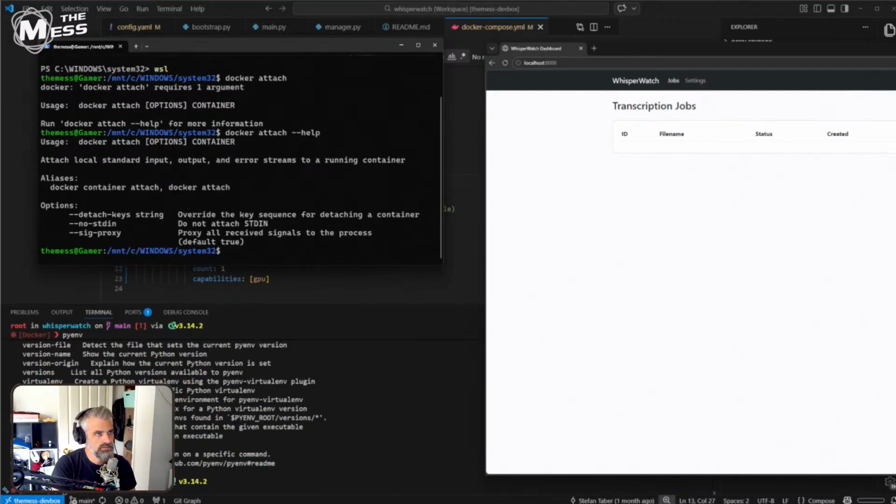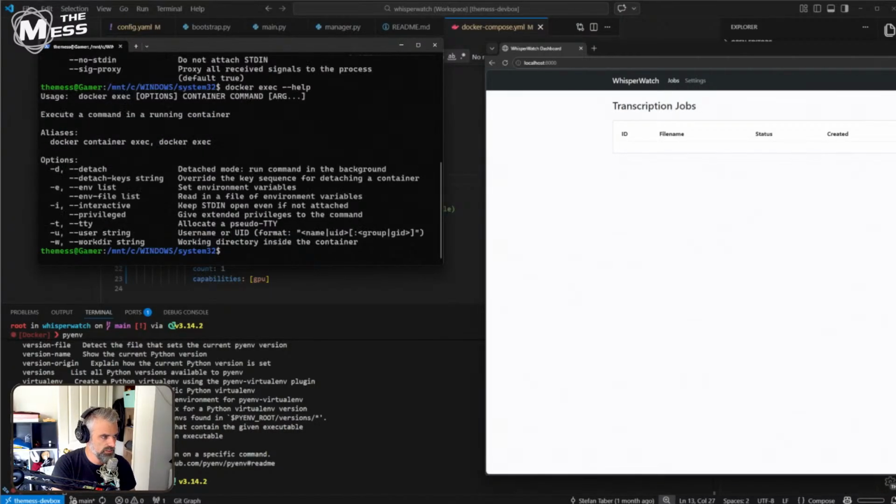So Docker attach is only going to attach to the output, which is of the Python main, which is not what I want. So I do actually want Docker execute. And I just want to double check what I'm doing with I is interactive, T is TTY. Yeah. So Docker execute -it